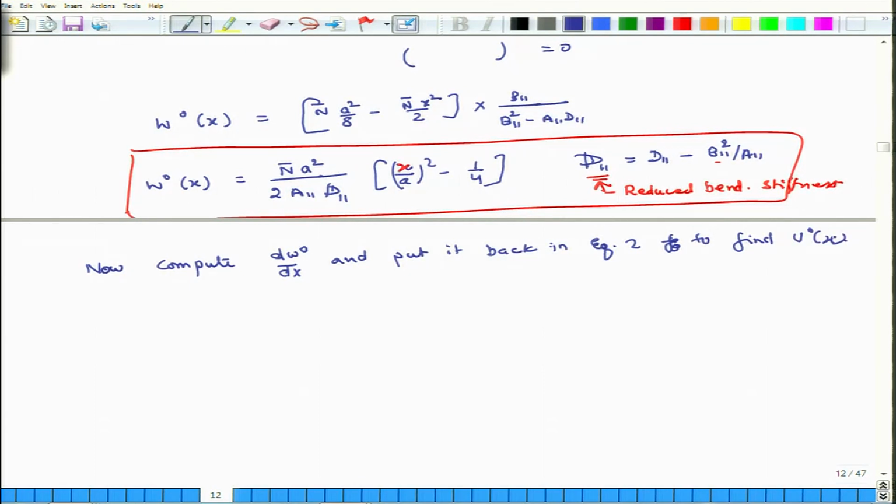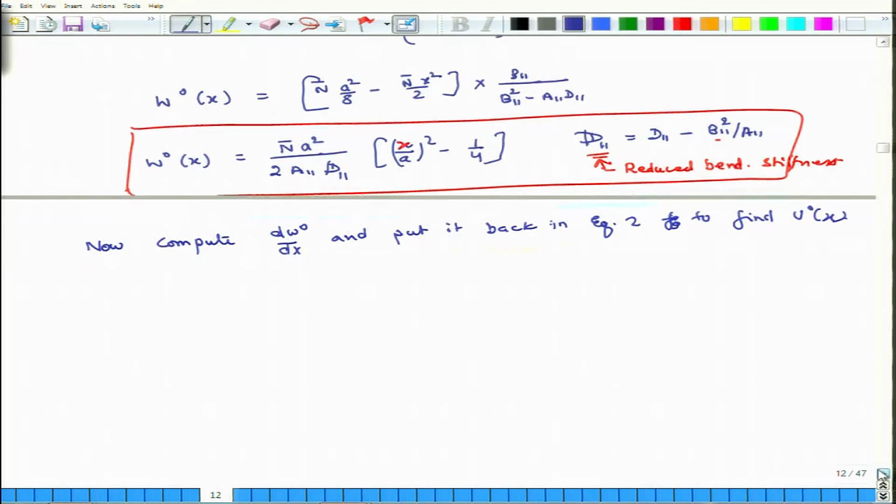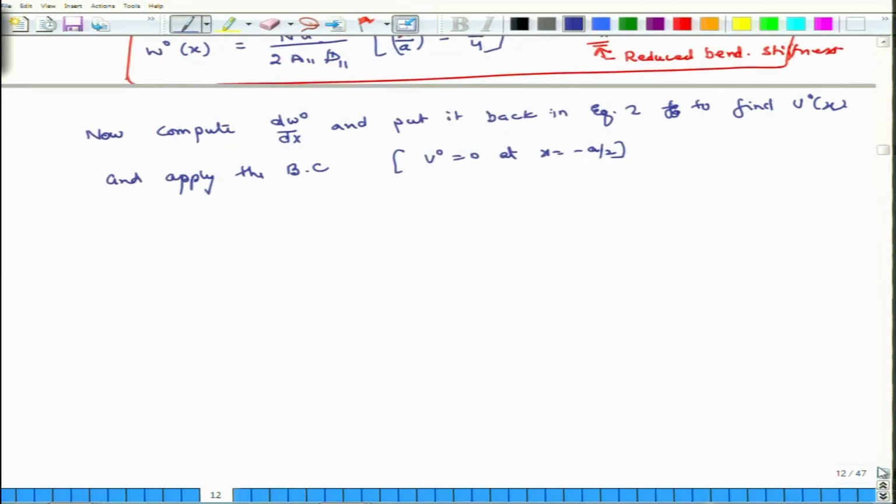That is a simple mathematical process, and then apply the boundary condition. Which boundary condition do we use? We use u naught is equal to 0 at x is equal to minus a by 2, and then what you end up getting is